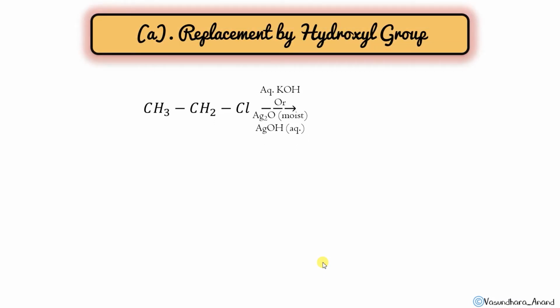We know that if we use aqueous KOH, it will give OH as a nucleophile, and this will replace the Cl minus, and OH will come over here. Moist Ag2O will give you a better product than KOH because it is mild, a weak base, so it will act as a good nucleophile, and Cl will be considered the leaving group, and this OH will attach over here to give ethyl alcohol. Got it? Although aqueous KOH will also give it, the best is Ag2O or AgOH because of its mildness.